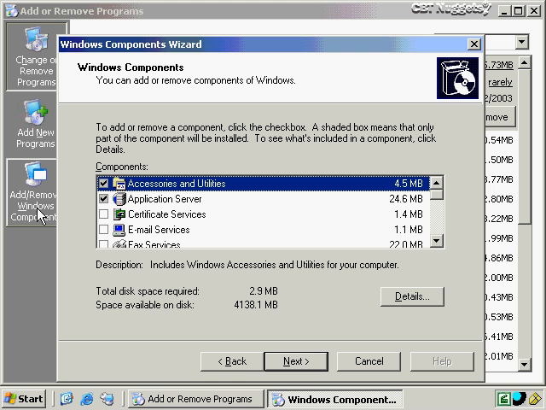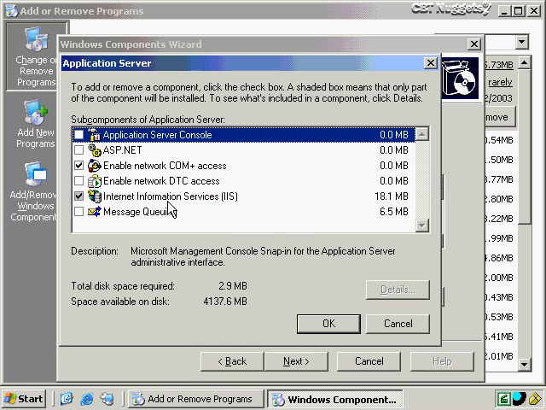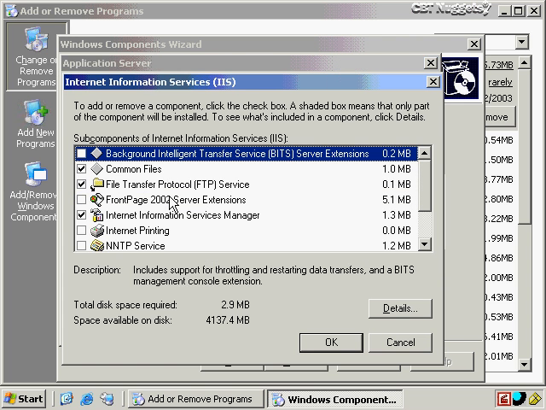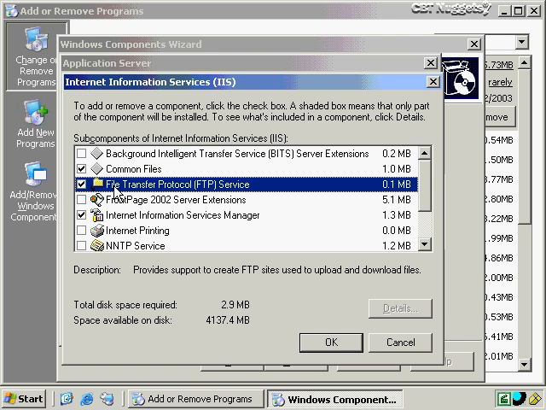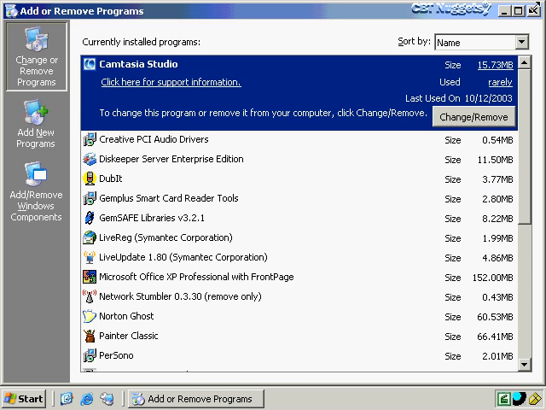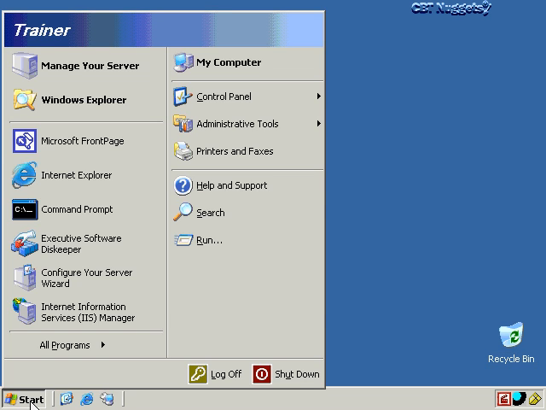Now, you may have noticed as we were administering web servers and websites there that we didn't see anything about FTP. So I've returned to Add Remove Programs under the Windows Components wizard, where we'll go back to Application Server, and where I've already installed FTP for you just to save a little bit of time. It's really just one checkbox. Just go back to IIS down here, go to its details, then go to this File Transfer Protocol FTP service, check that box, OK everything, and when you're done, then you'll have FTP also in the Internet Information Services